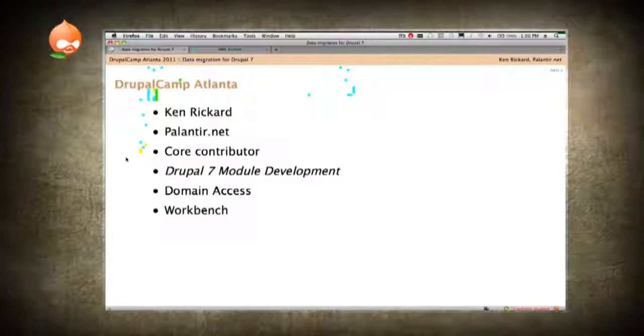This is fun. This is data migration for Drupal 7. So hopefully you're in the right room. I'm Ken Rickard. I'm a developer and what we call team lead, which means I manage other developers on big